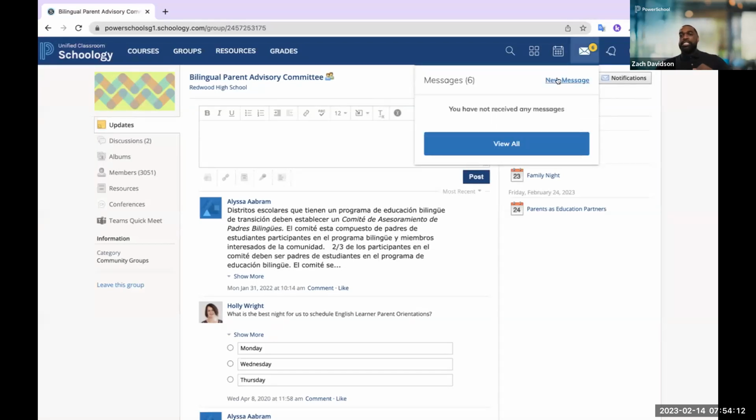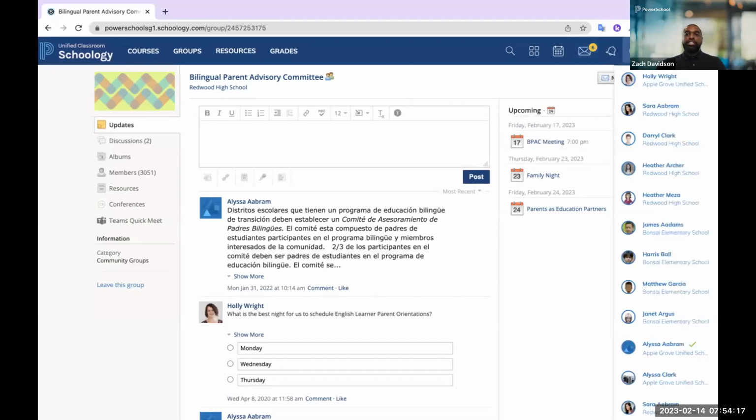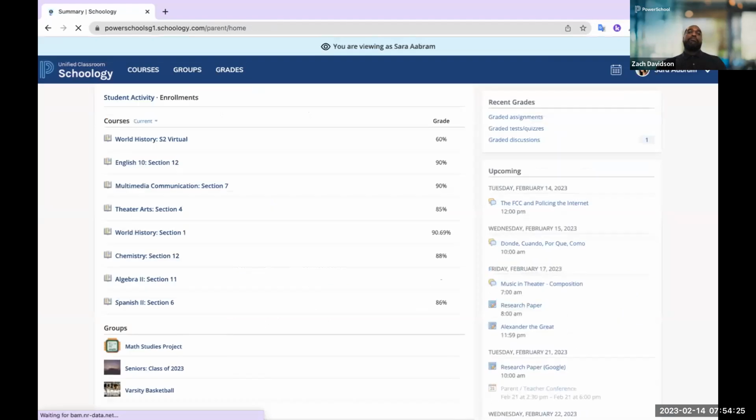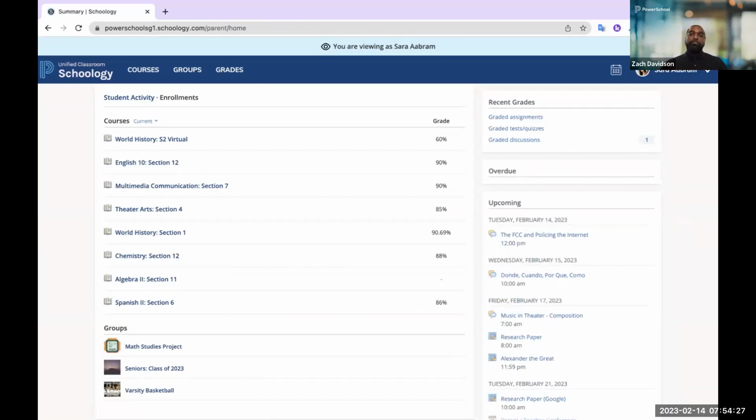She has the ability to send a message out to the teacher or principal right here within Schoology. And all of this is permission-based, right? So you can set the permissions as to what parents can or cannot do. But through the singular login of a parent, I can toggle from my own profile as a parent directly to that of my child or children as well within the school district.